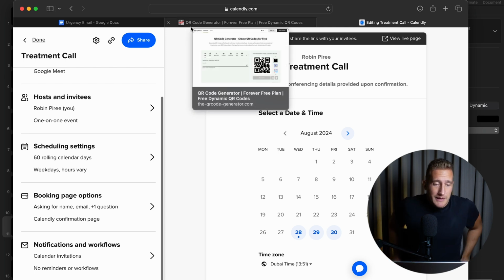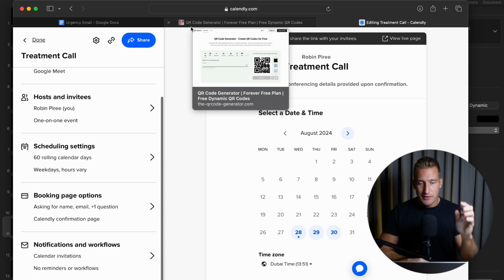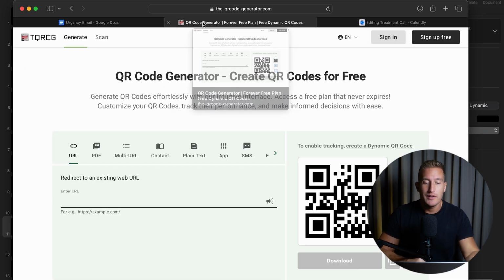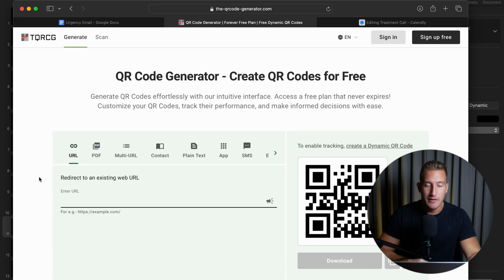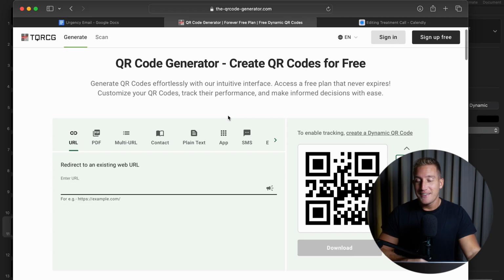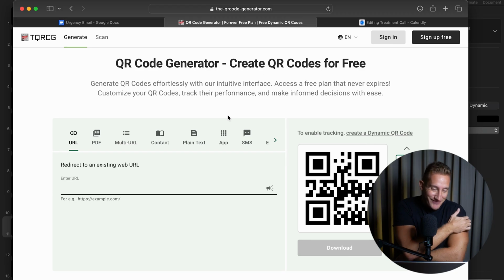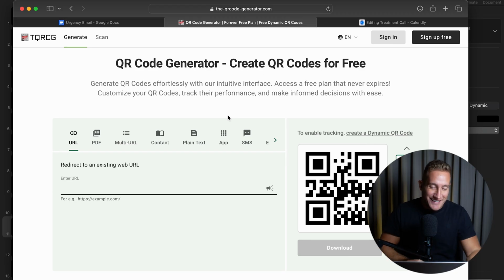What also might be a cool way to end your treatment. So instead of saying thank you, you go to something like this. There are many. If you just Google QR code generator, that's the only positive outcome of the whole COVID-19 situation, is that we got very used to QR codes.